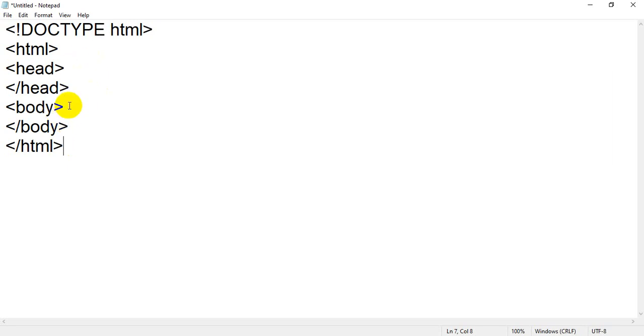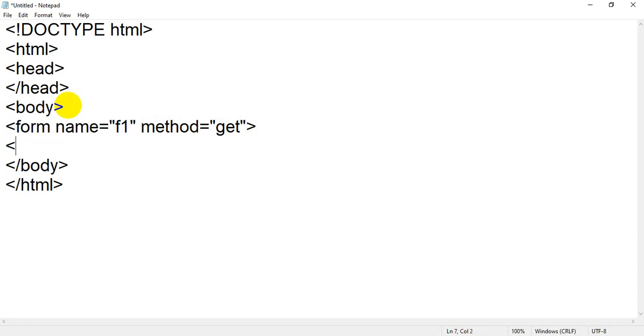Now we have to use the form tag. Inside the form tag I will use the input tag. So we have to write the form tag. Inside the body tag I will take the form tag. Okay, so I will take form, then assign some name. Name is an attribute of the form tag. For example, form name is f1. Okay, then I will use method too, because we will learn something about method. Method equal to, you can write get or post. So I will take get, because I have to show something regarding method. Then closing form tag.